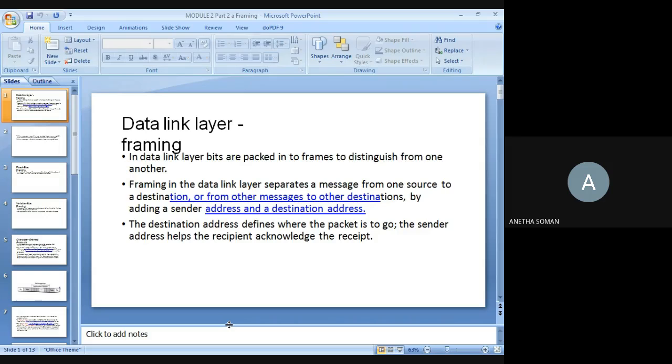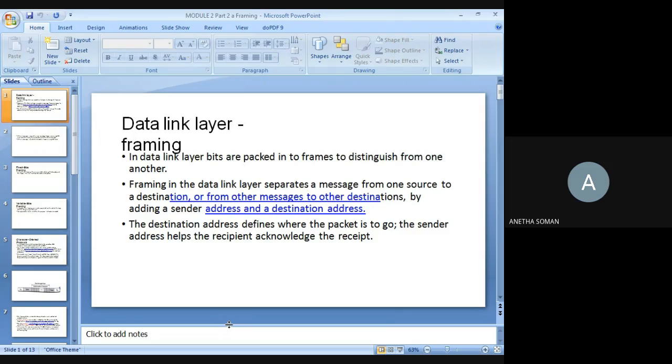After that, what will you do? You will write your sender address as well as your receiver address. So that is the concept of framing. In the data link layer, your data units are packed into frames, and you can distinguish one frame from another. How are you going to do it? You put the sender address as well as the destination address.